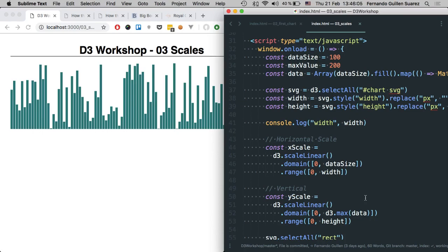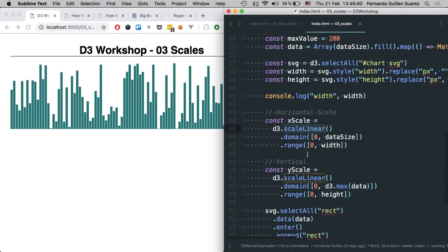For example, you have population per country, and it goes from 0 to 1,000 million. But on your screen, you have 400 pixels. If you want to use everything, 0 means 0, and 1,000 million is going to mean 400 pixels, in this case. If the screen is smaller, it's going to be different. So instead of doing this matching manually,